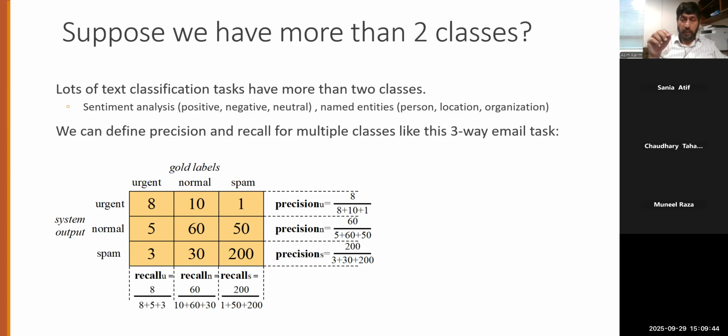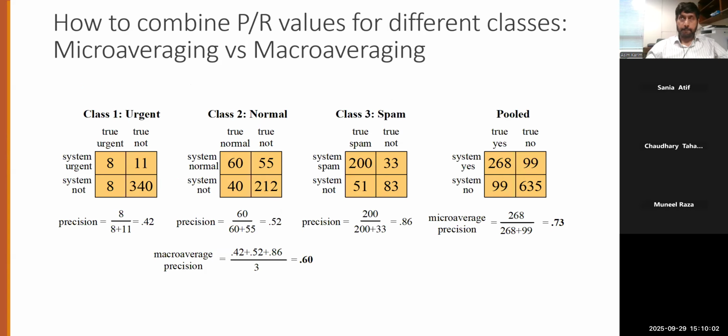सो वी टिपिकली डू मैक्रो एवरेजिंग. हर एक का सेपरेट निकालेंगे. 8 का सेपरेट निकालेंगे, 60 का सेपरेट निकालेंगे, 200 का सेपरेट निकालेंगे, सेपरेटली भी एनालाइज कर लें, एंड देन डू एन एवरेज. सो दिस इज कॉल्ड मैक्रो एवरेजिंग. ठीक है. तो यहाँ दोनों ऑप्शंस बताई हुई है, मैक्रो भी और माइक्रो भी, बट मैक्रो इज प्रिफर्ड. प्रीवियस केस में सारों के लिए सेपरेटली जो निकाले हुए थे प्रिसीजन रिकॉल, वो आप एवरेज कर दें फॉर ऑल थ्री क्लासेस. दैट विल गिव यू वन नंबर, वन प्रिसीजन, वन रिकॉल, वन एफ मेजर.